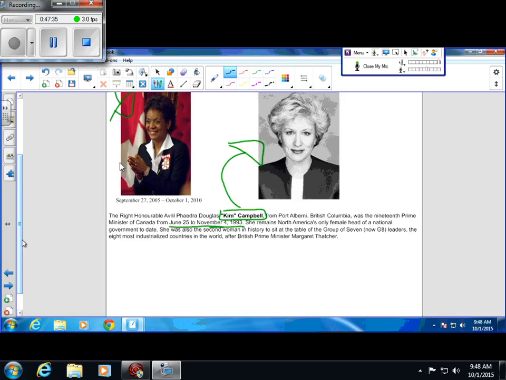Okay. So basically she didn't focus on debt in Canada. Sorry, she didn't focus on debt in Canada, but rather on jobs. She refused to discuss social programs, which made her kind of unpopular, and that's why she wasn't voted in again as prime minister. So, she didn't focus on key topics.